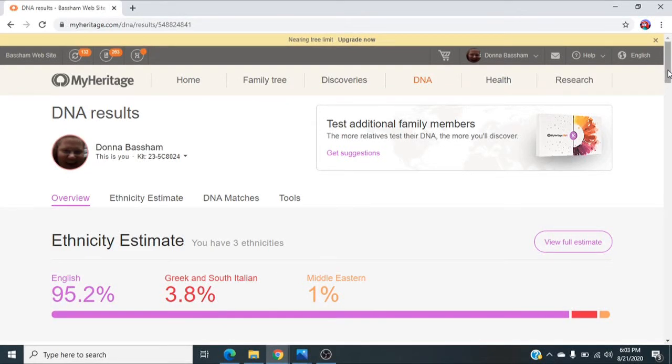Alrighty, well, my results came in from MyHeritage.com. I sent off my DNA kit to them, and they processed my results, and so I've got them in, okay? Before I show you their results, I'm going to show you guys